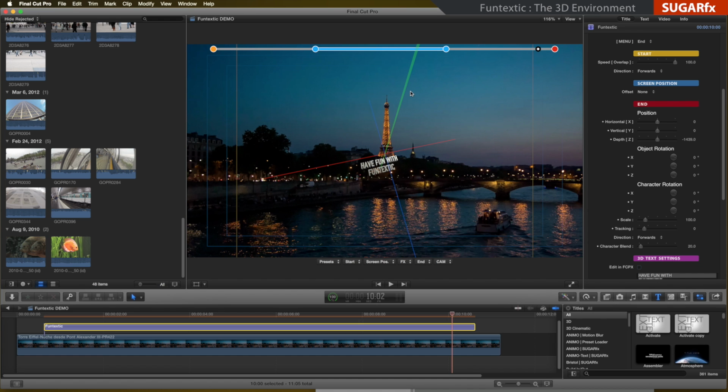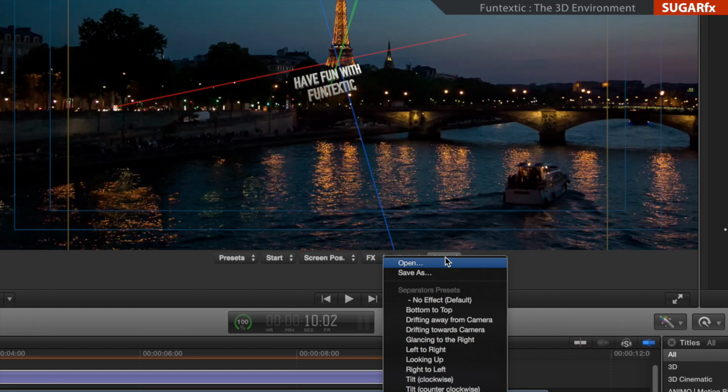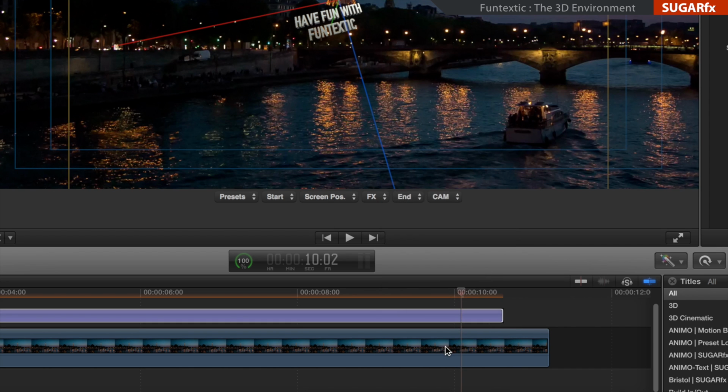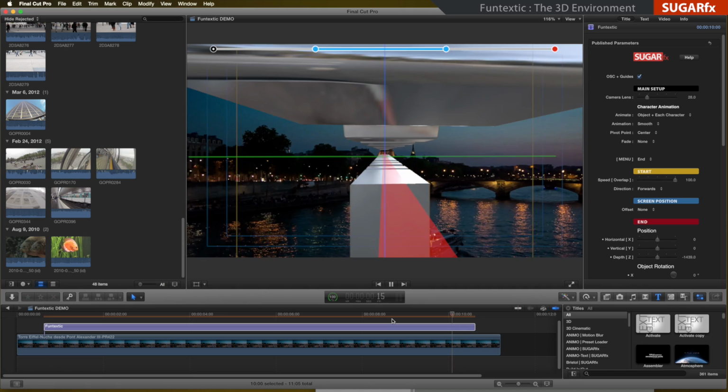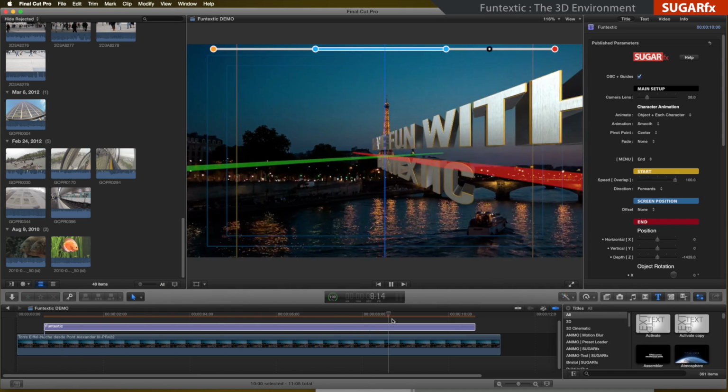Finally, one other way to modify your 3D environment very easily is to try out the several presets available under the CAM presets. Just be aware that some of these presets may have a large value and will definitely disturb the feel of your current animation, so be very cautious when using these presets.